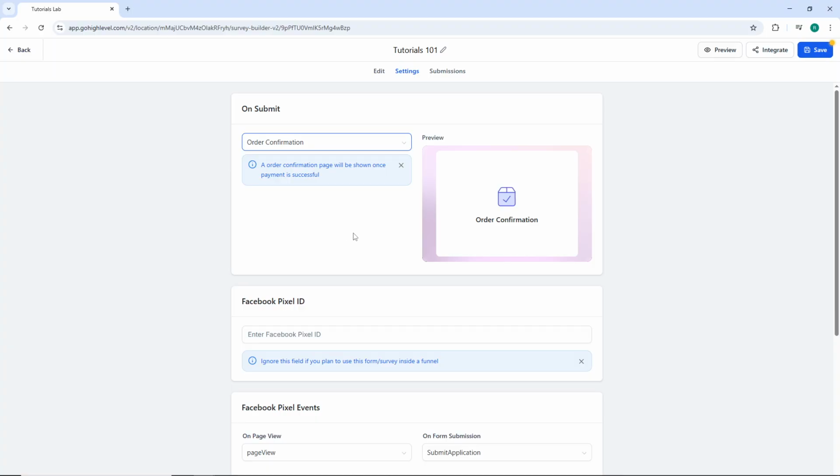Finally, click Save or Publish to finalize your survey. Once published, your survey is live and ready to be shared with clients or embedded on your